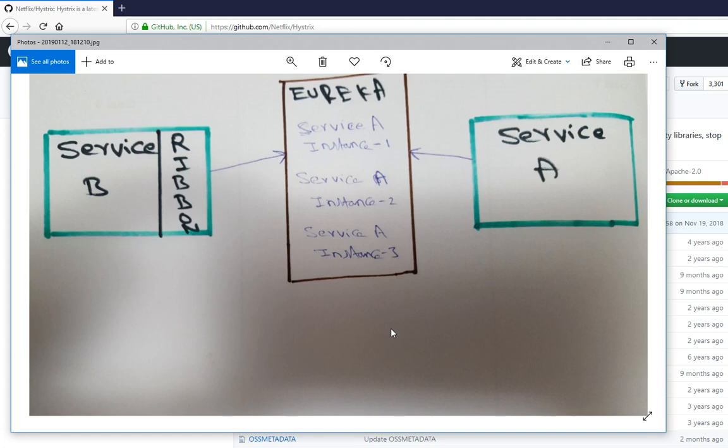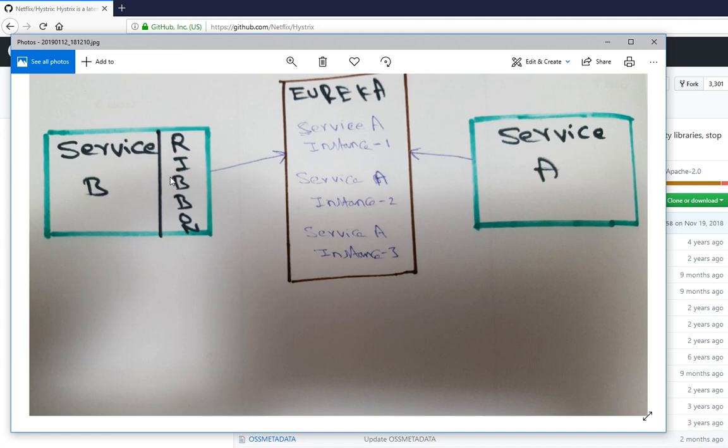When you have multiple microservices, multiple instances of those running, and one of them fails, how do you know which one failed? So imagine that you have two services, service B and service A. When service B calls service A, the call to service B fails. How do you know it's actually service B, or is it actually service A that failed, but the exception got